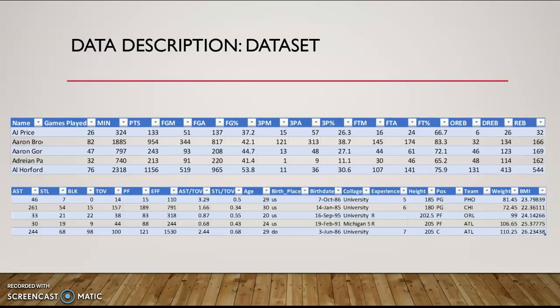And you can also see that most of the demographic information is located at the bottom end right there. You have birthplace and college, and right there is where our all-important height metric is located. You can also see that height is measured in centimeters, which kind of makes sense because it would be harder to measure and analyze using feet and inches. I don't really know why we do that in America, but